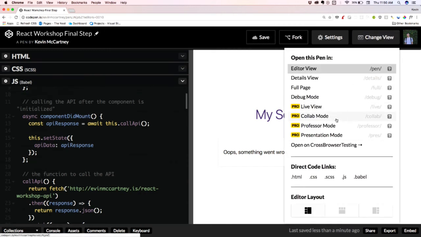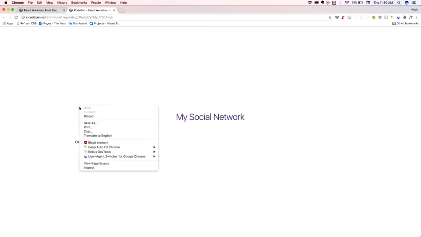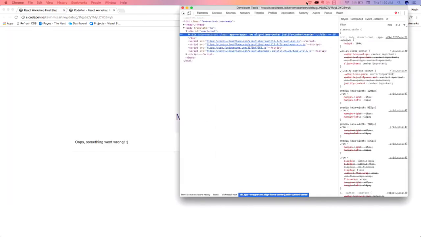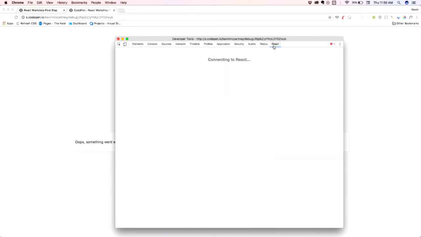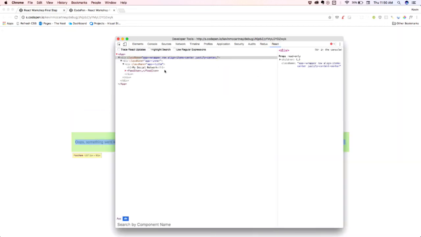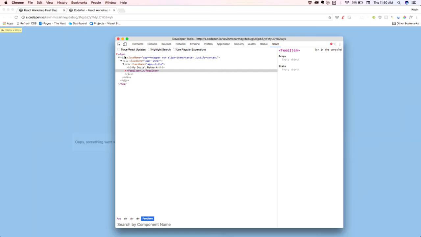So here, let me actually show you in debug mode. This is one of the really cool things I was talking about in terms of developer tooling. There's a really great tool for Chrome here. It's just a Chrome extension. This is going to look a little bit more like my code. It's a tool that allows you to see the components that are in your application. So if I click on my app here,